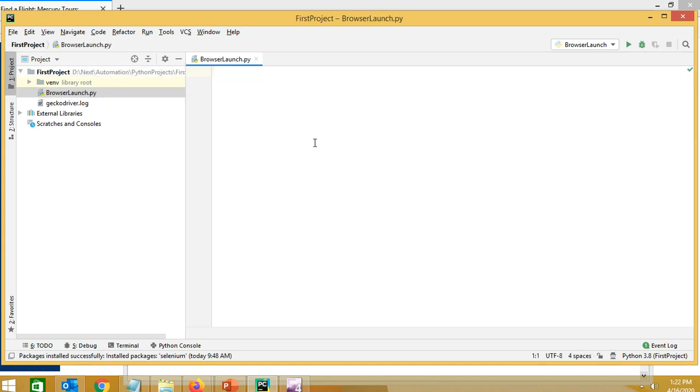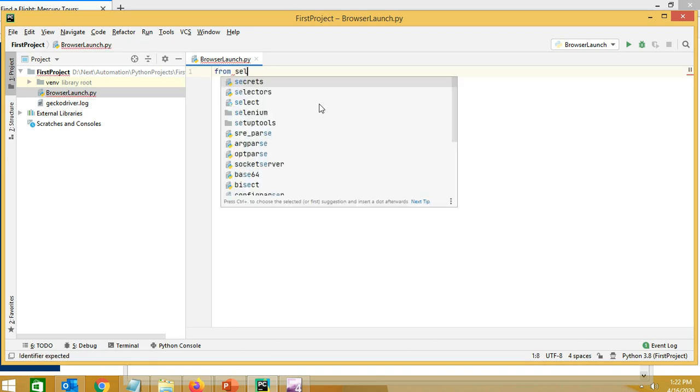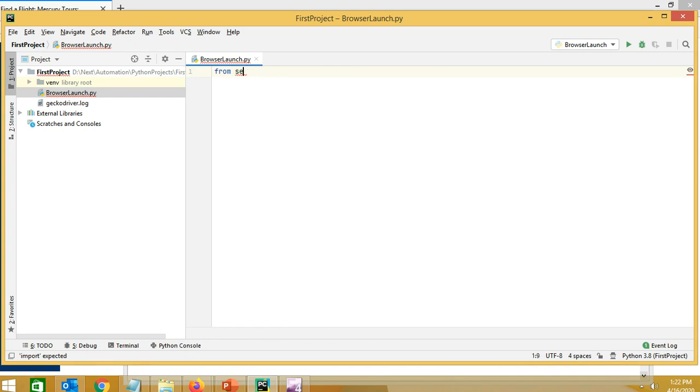Okay, and after that we need to import the web browser from Selenium package: from selenium import webdriver. Okay, so we have imported the package.